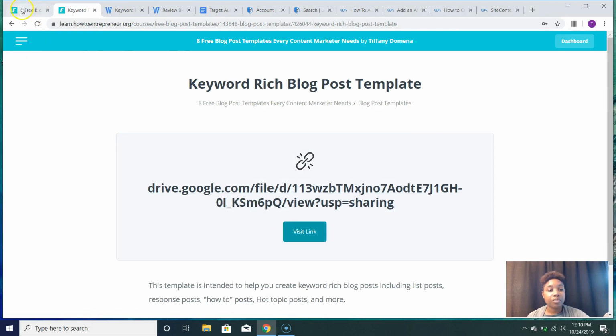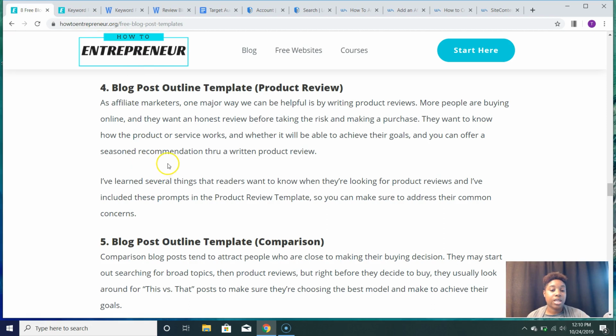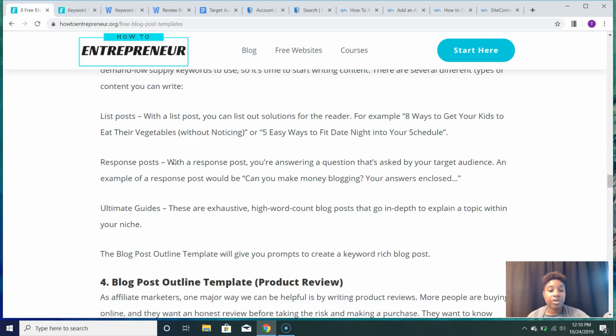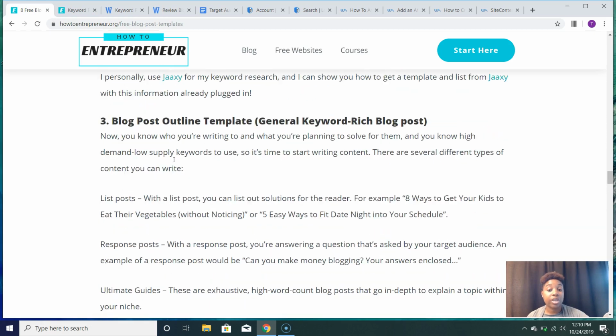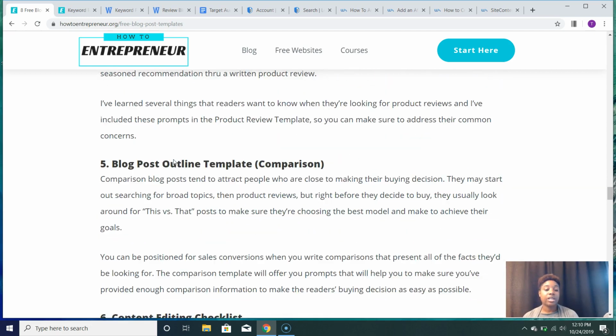Now we've gone over the product review, we've gone over the general keyword rich blog post, and then another one is the comparison blog post. And comparison blog posts tend to attract people who are close to making their buying decision. So they might start out with really broad topics like